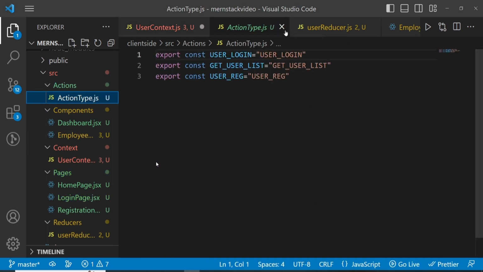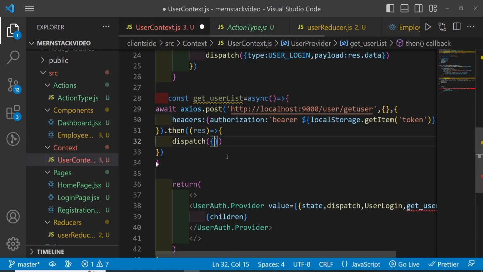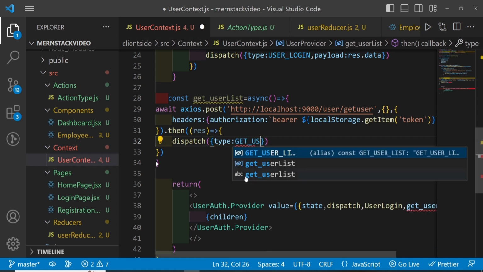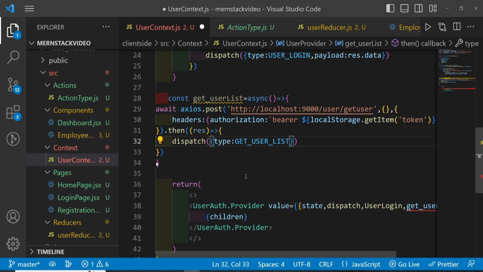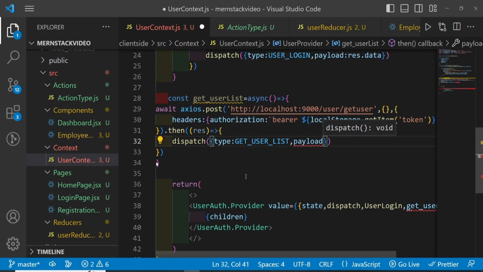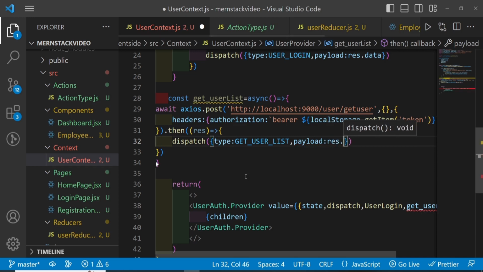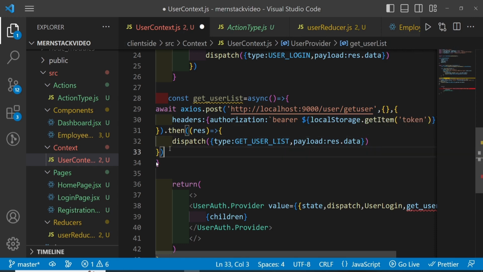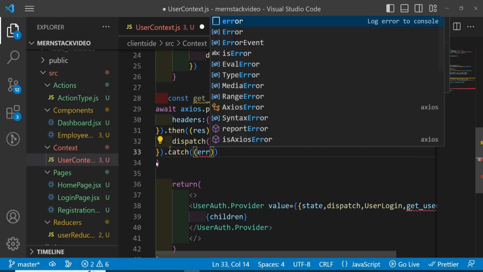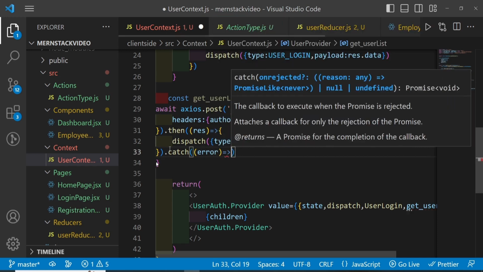So get user list. What is the type we took? Get user list. In the payload, we will pass the data which we are getting. If you are getting any error,